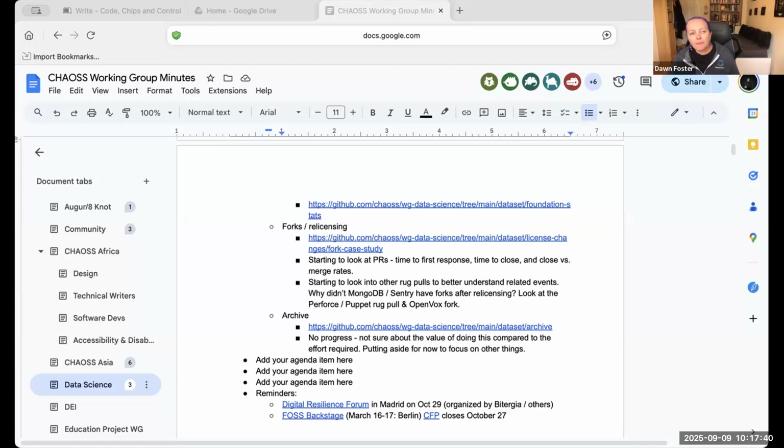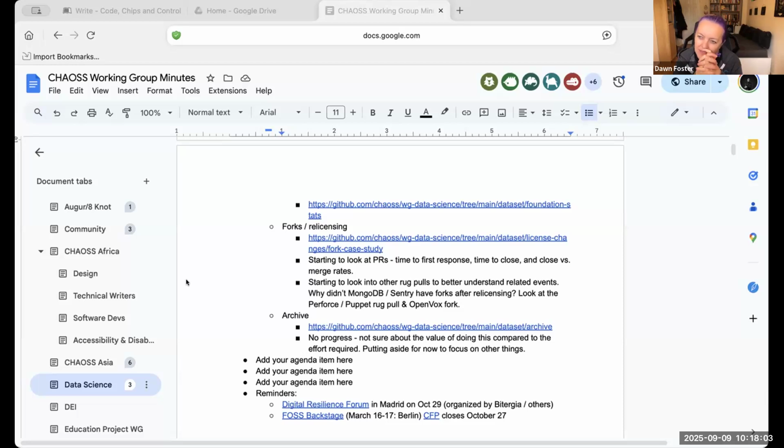Yeah, I think if we continue with this, it probably requires a new approach. Basically what I did was take the top 700 archived projects on GitHub, projects that have had the archive flag set.